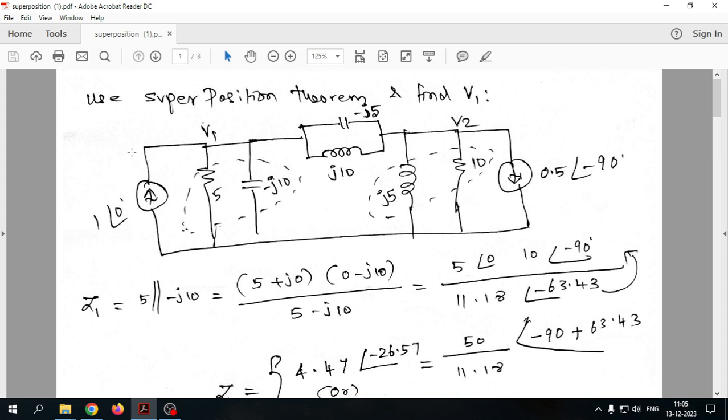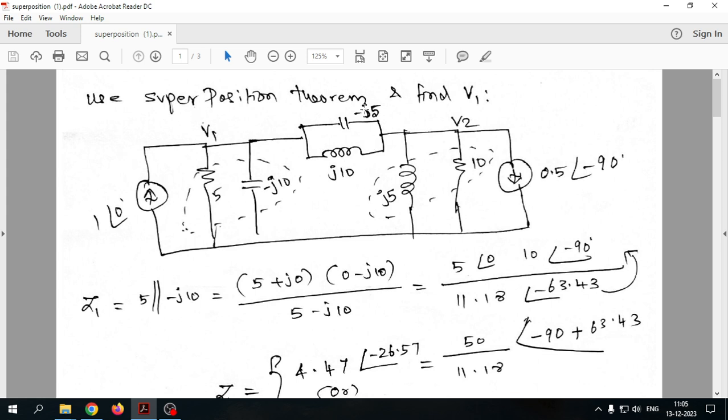When we have two or more sources, for this case we have two current sources present in the problem, we can keep only one source at a time by removing the second source, which means all the rest of the sources. By keeping one source, we are going to find out the voltage or current through any branches, and then we have to remove the first source and keep the second source alone,